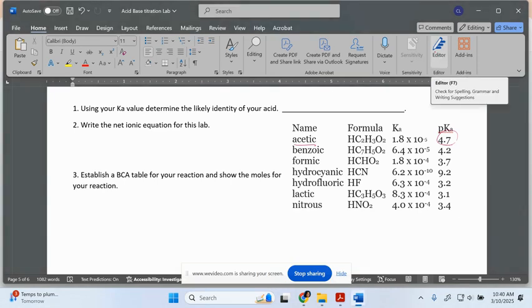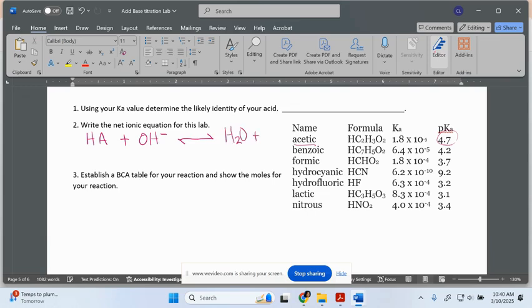What happened was we had an HA, which was our acetic acid. It had OH minus that it reacted with. We formed water, and we formed A minus. So that should be your reaction for this lab. Now, we are going to rewrite that as our